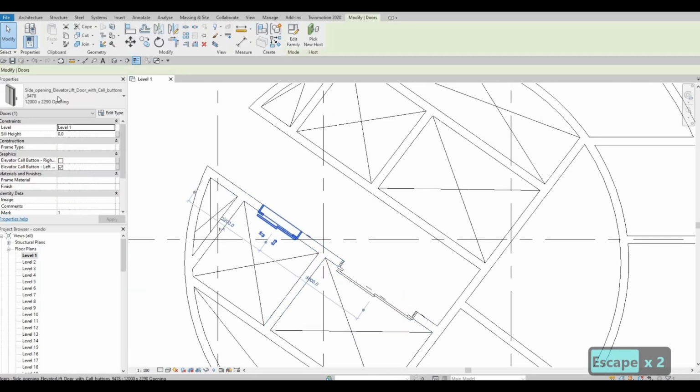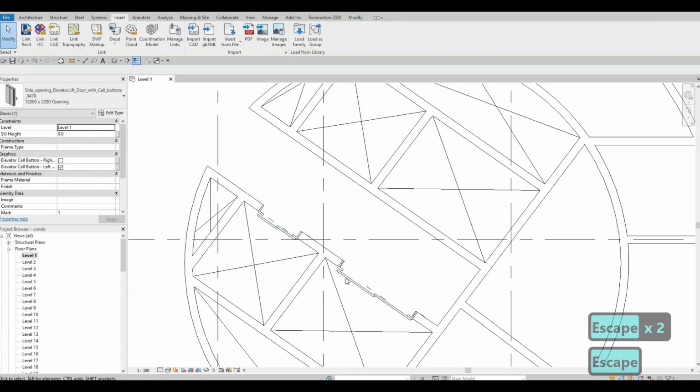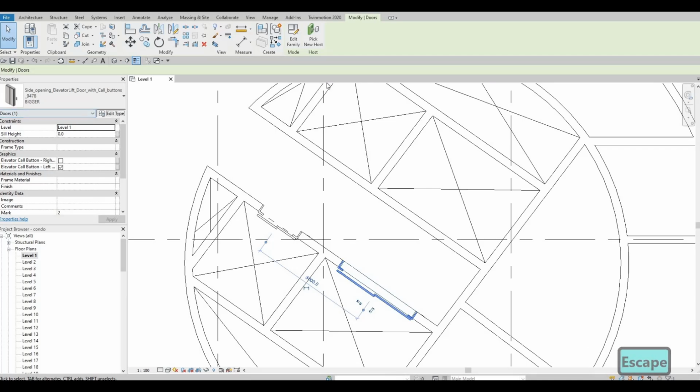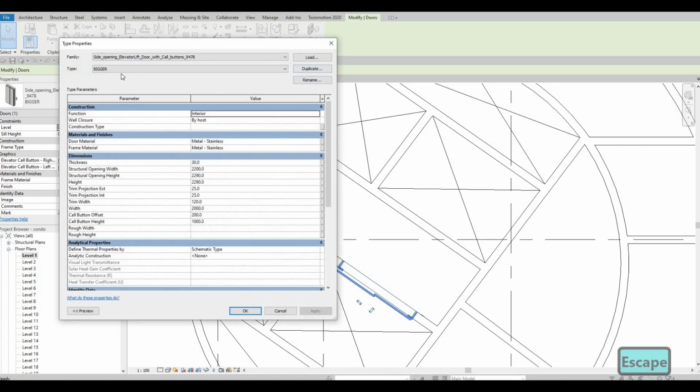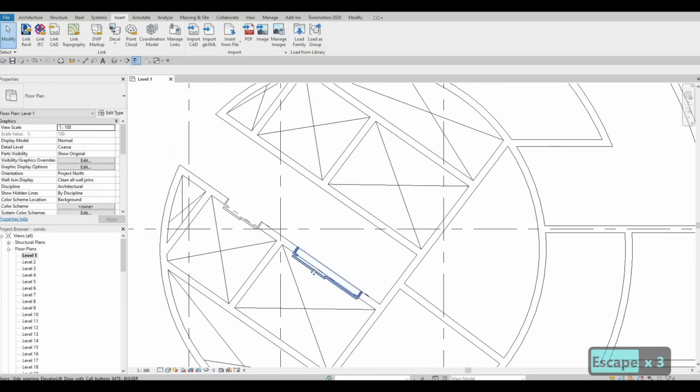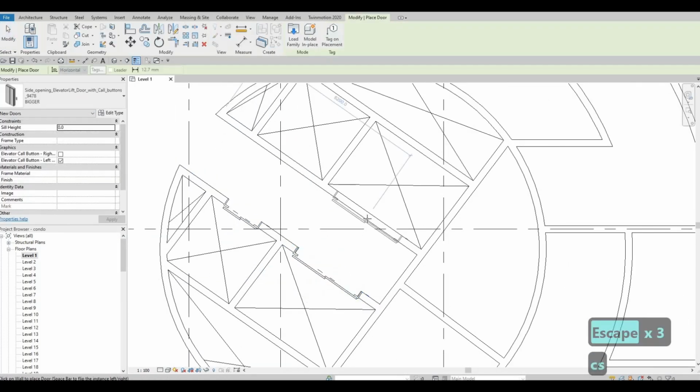So now we have the regular opening, and then we have a bigger opening which we need to duplicate, and then we create another type, change the structural opening width to 2200, and here and 2000 right here on the width. And that's good enough for me. It's representing the bigger size